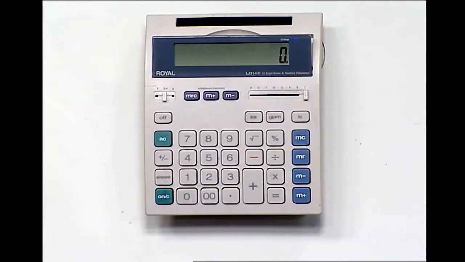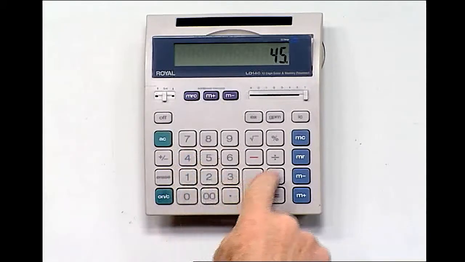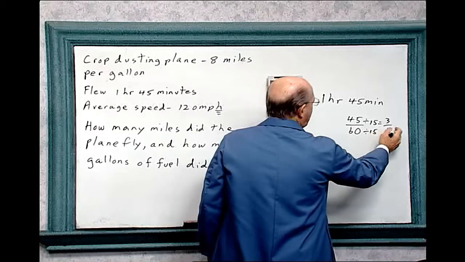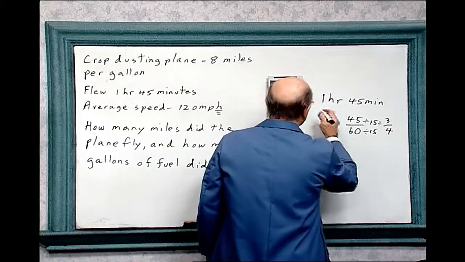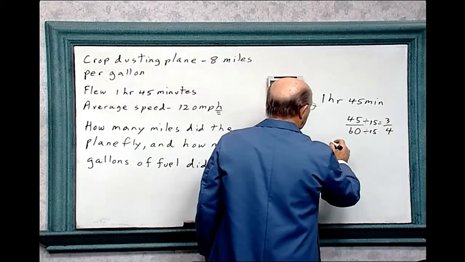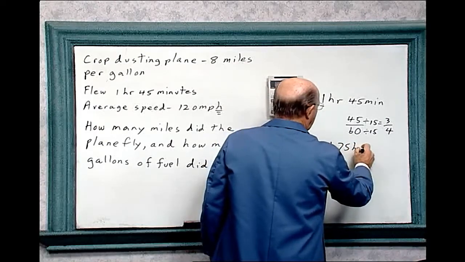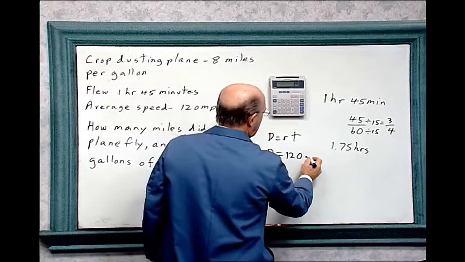We could do the same thing in the calculator. 45 divided by 60 equals 0.75. And 3/4 equals 0.75. We really want the decimal equivalency anyway, so it's 1.75 hours. Now we can put that in our formula over here,